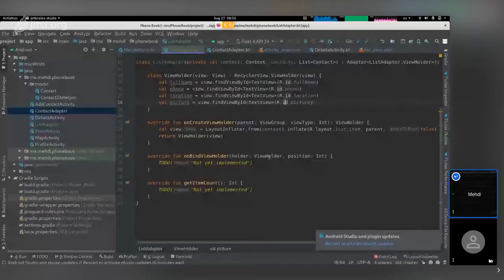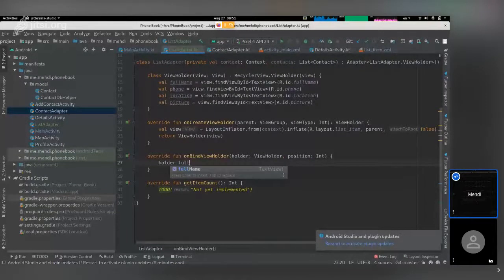After onCreateViewHolder, we also have onBindViewHolder. onBindViewHolder is where we put data from our list inside our items on the screen. The data that we have in our model, we put them on the list and display them. We do that by getting information from this position in the list and putting them inside our view holder. So I say holder.fullName is,